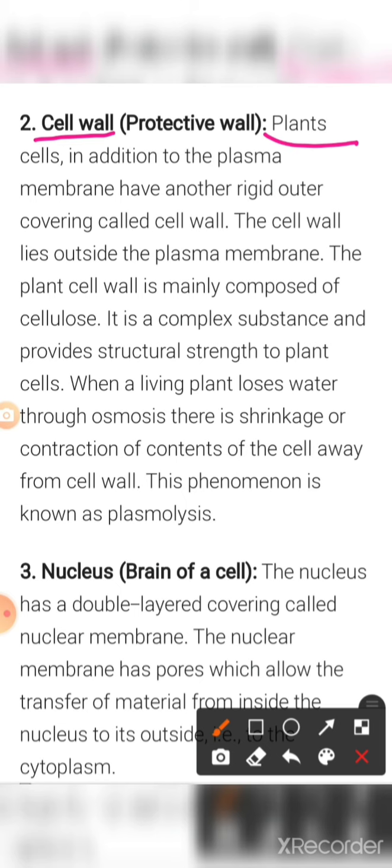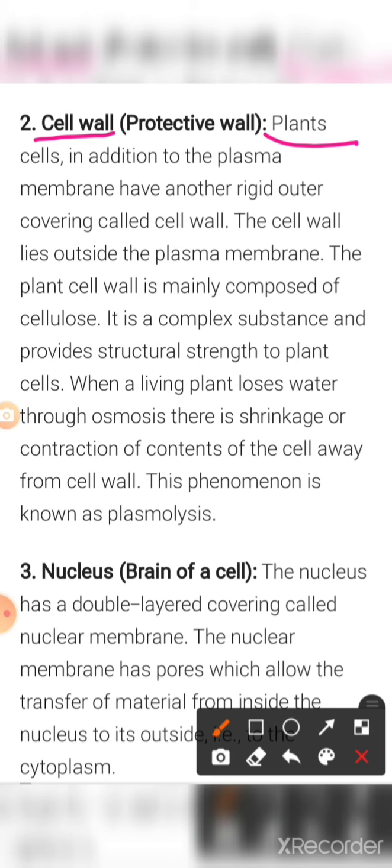If this is a plant cell, there is an outer covering also, which is nothing but the cell wall. Let me write it, cell wall. The cell wall protects the cell, and the cell membrane